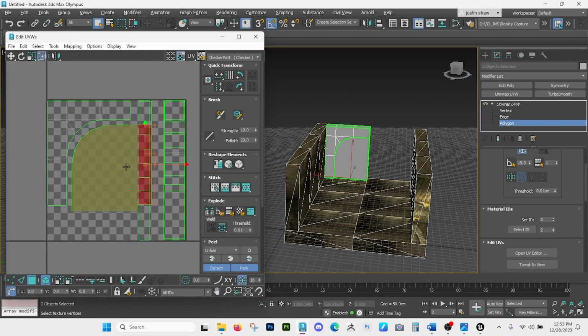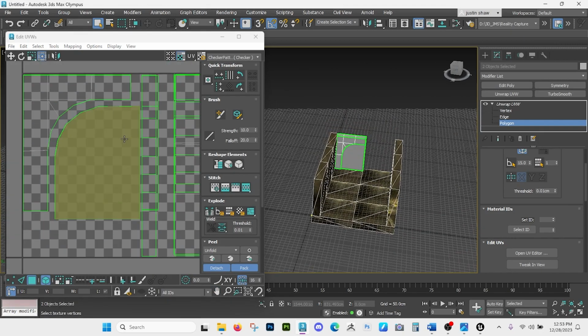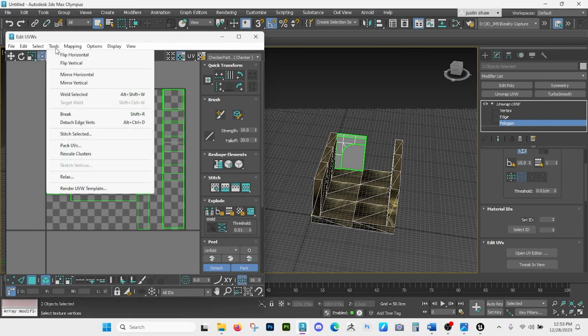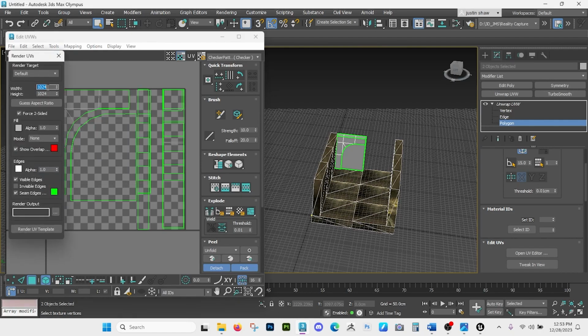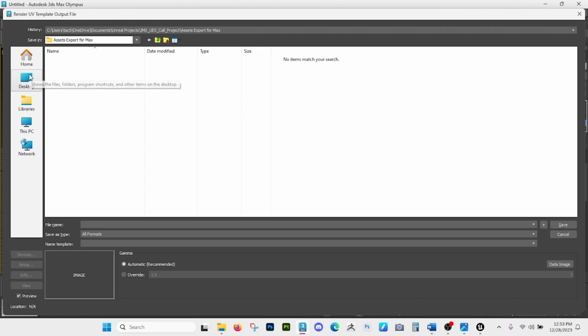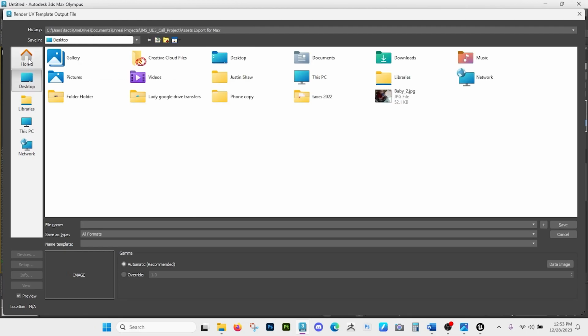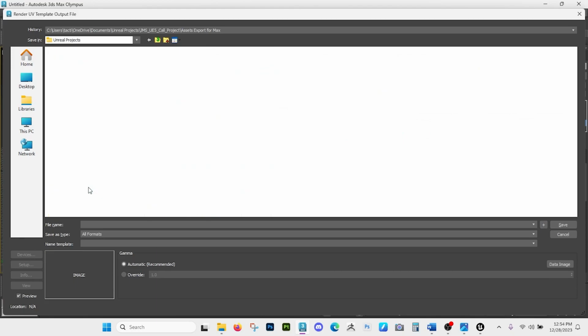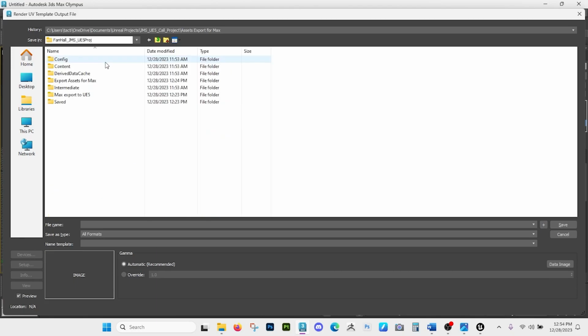All right, now with these, I have two objects, and I'm just going to go Tools, Render UV Template. I'm just going to say 2048 by 2048. That's the texture size. And I'm going to say, where do I save it? Here. Now you'll want to find your Unreal folder. Mine's in Documents. Where are we at? Unreal. This is why you want to save where your project is. And I'm going to say this. I need